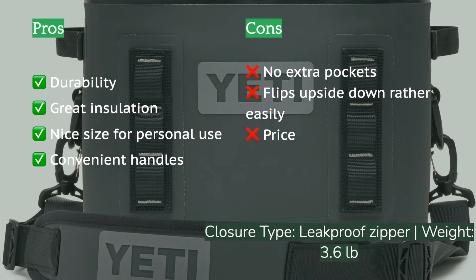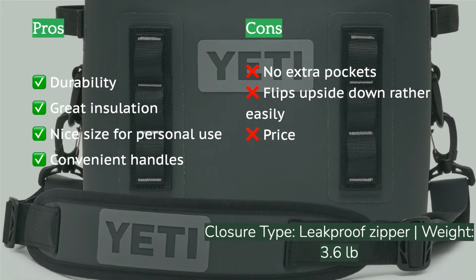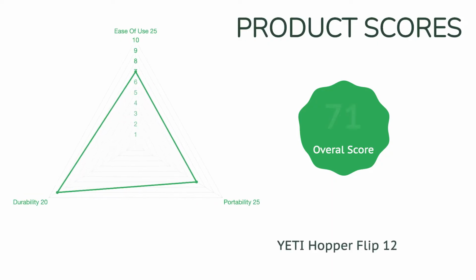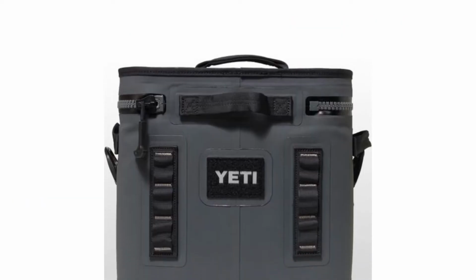adventures. The latest rendition of this crowd favorite includes a top handle, in addition to the two side handles from previous iterations, to make grabbing and going even more effortless. YETI also includes a tube of zipper lubricant and helpful directions for caring for and making the most out of your investment. While the Flip can have other YETI accessories, like bottle openers and extra pockets, attached, it doesn't come